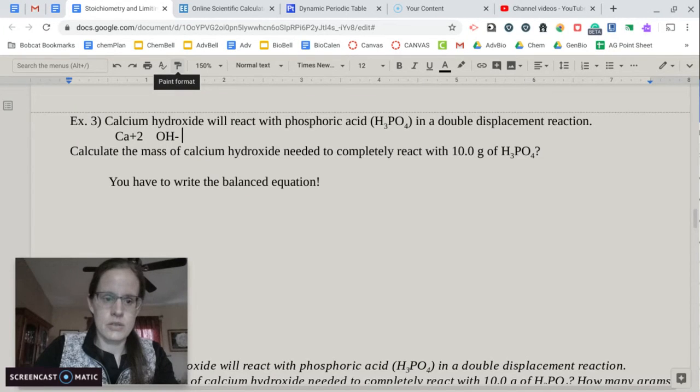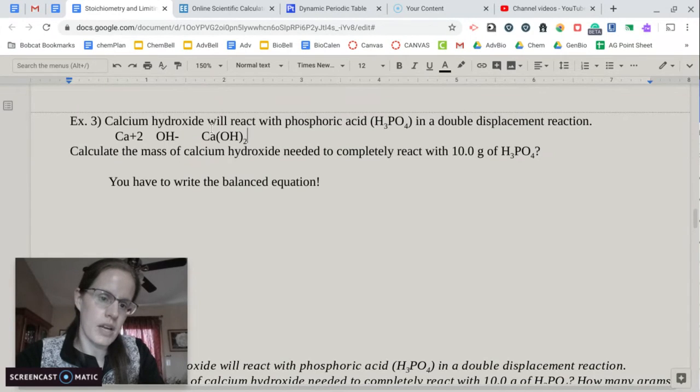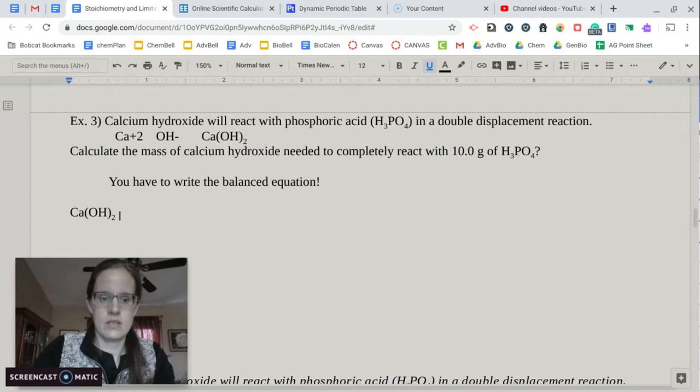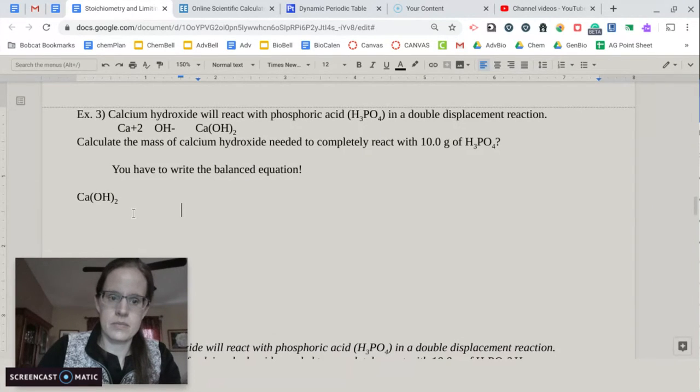And then you're going to crisscross those. So you're going to have Ca(OH)2. You have to put your polyatomic ion in parentheses. That's really key here because you're going to be getting wrong masses and you're not going to be able to balance the equation if you don't do that. Okay, so I'm going to make it a little easier. I'll just copy and paste that down here. All right, plus,